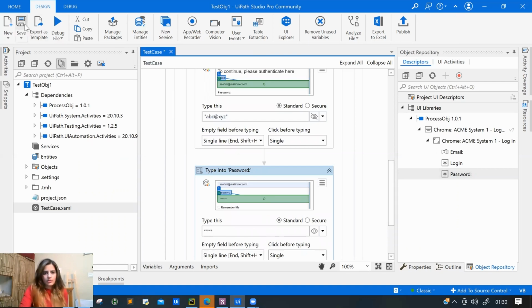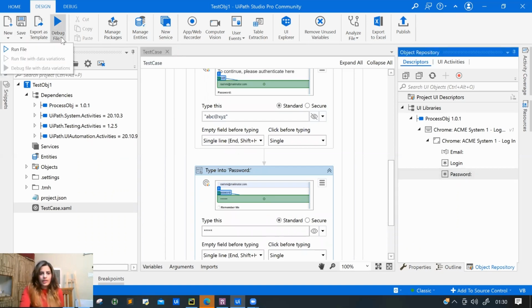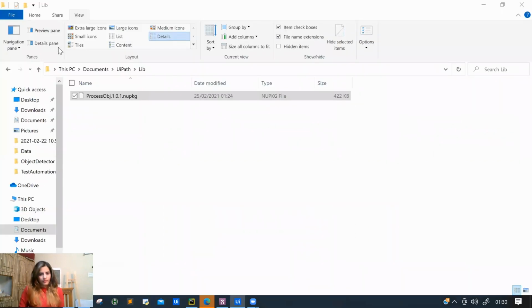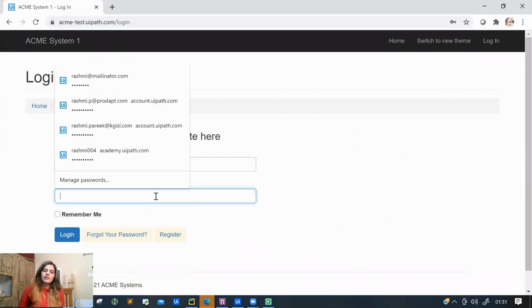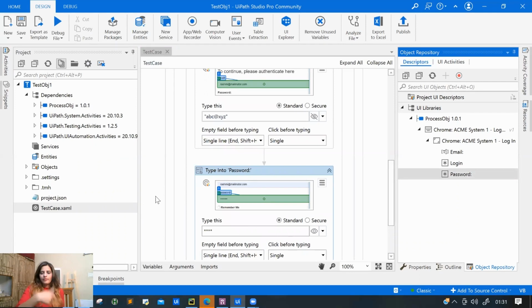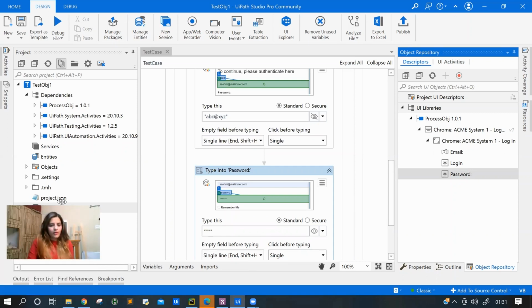Okay, so see how easy it is to create, and no need to do anything. I can directly go ahead and run. So if you send ABC and this 1, 2, 3, then click on the click button, you can just directly go ahead and give the click button. It will work fine. So this is basically the concept of how you can create your own object repository, and you can use it in multiple projects.